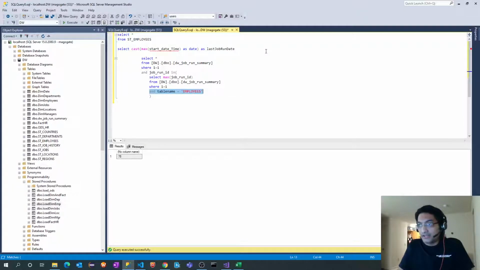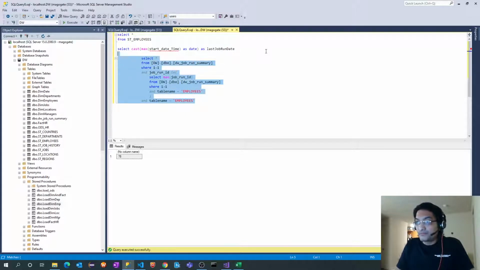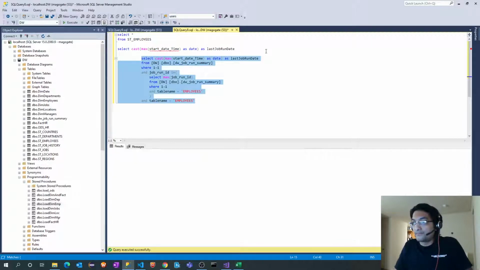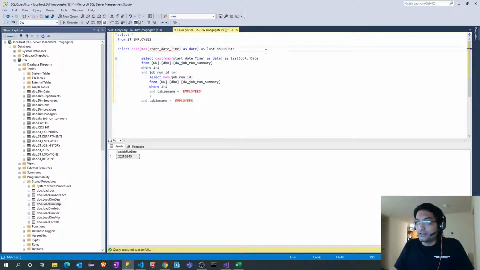And I will again add this filter for the table. And if I run this now, I will get the actual max job run date. So I will use this statement again. Perfect. And let me parameterize this.